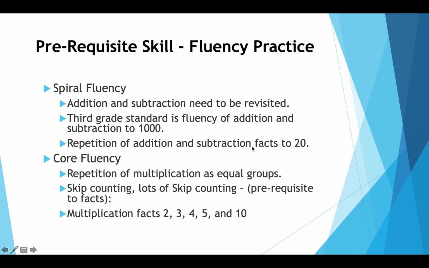Check your kids when they first come in to see where they're at regarding automatic retrieval. By the 3rd grade, they should be able to quickly retrieve addition and subtraction facts to 20. Check that, review it a little, and continue to review it throughout the year. The core fluencies, things that will eventually become spiral fluencies,